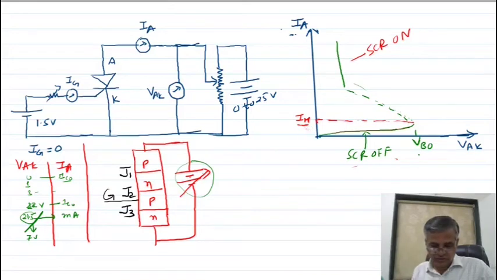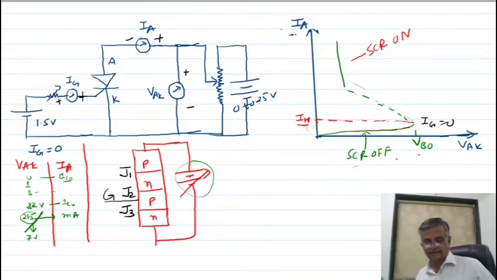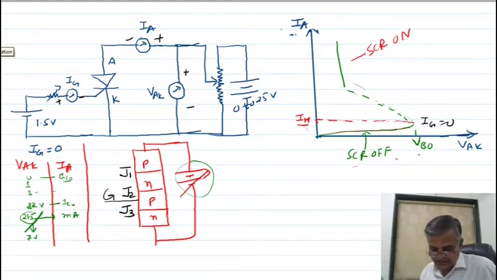This is what I am showing you when Ig is 0. So this is plus sign, current will flow like this, plus, minus and minus. Now someone says I want to increase this value. Okay, I will increase this value. Then what will happen? I have kept this value at 35 microampere.